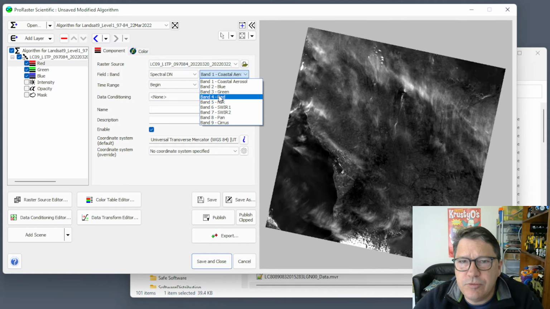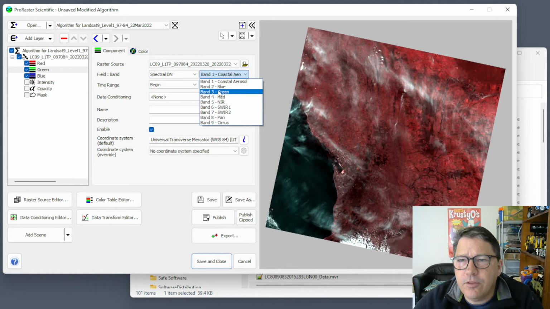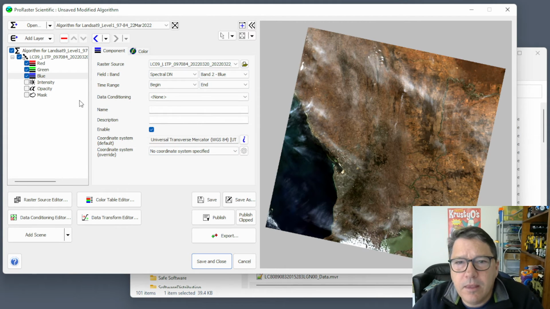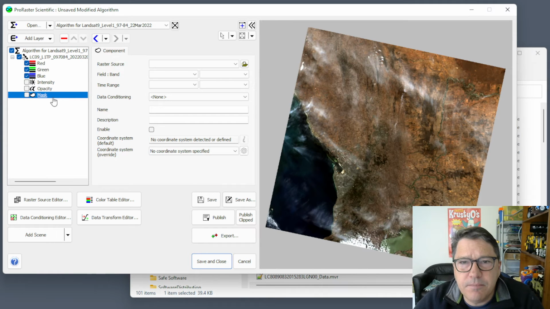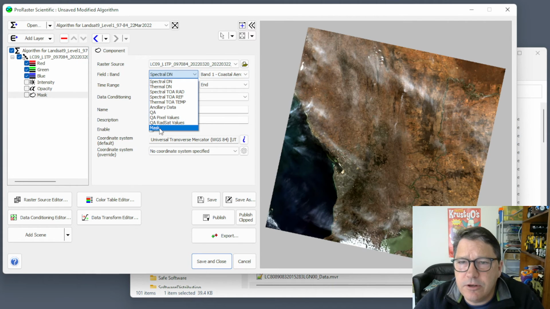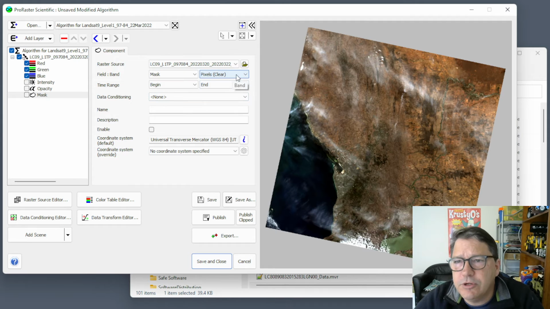So let's just do 4, 3, and 2, which is your standard true color. Then go on to the mask component, and this is new in ProRaster Scientific. Select that virtual raster, go to the mask field, and I'll just click, for example, clear land. So when we turn that mask on,